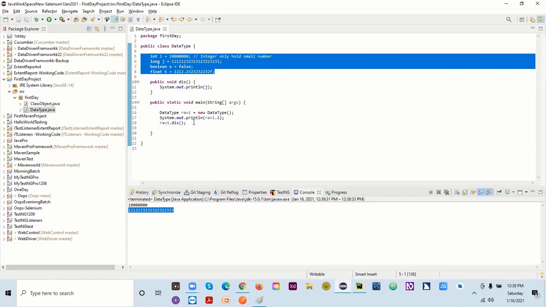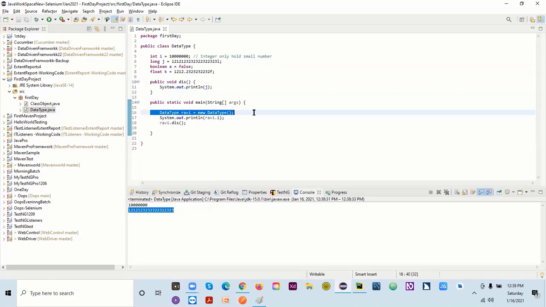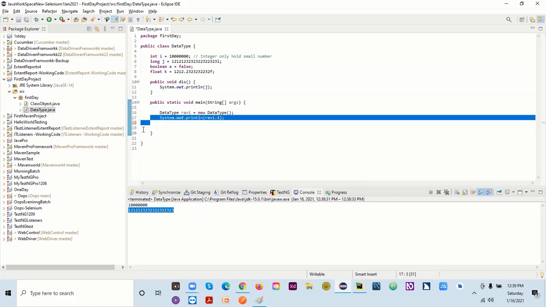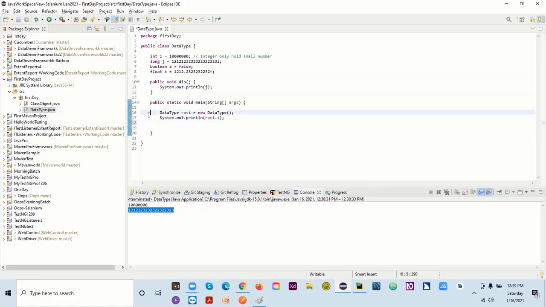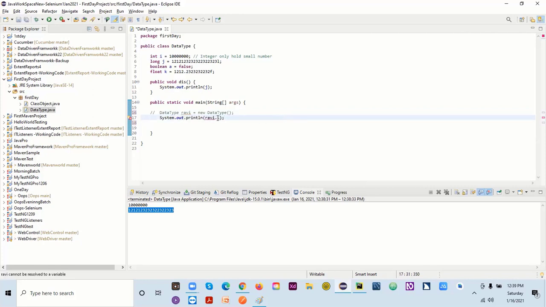Now you asked whether we can access it without this line 18 or not. We can access it, but let me show you here. I will just comment this out, since I don't want to create my object. Now it will not work, it's disabled for me. As soon as I disable it, it will give an error because it's out of scope.